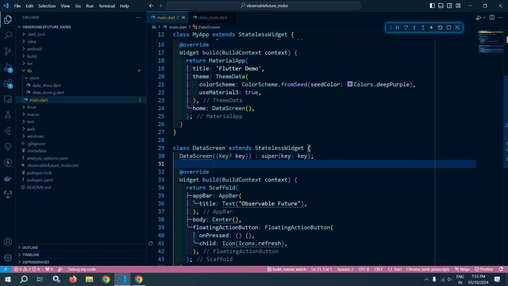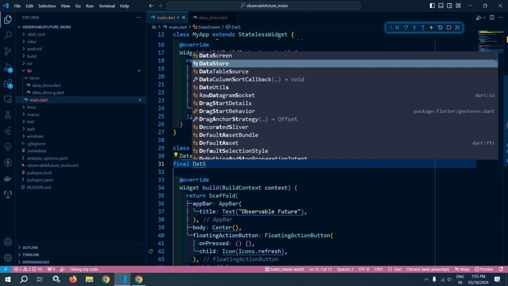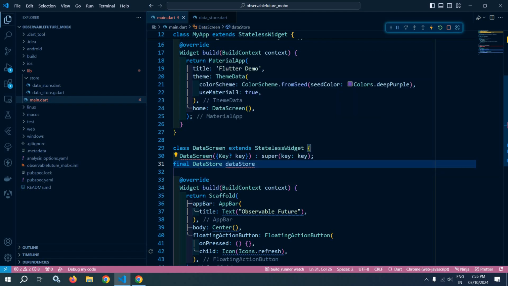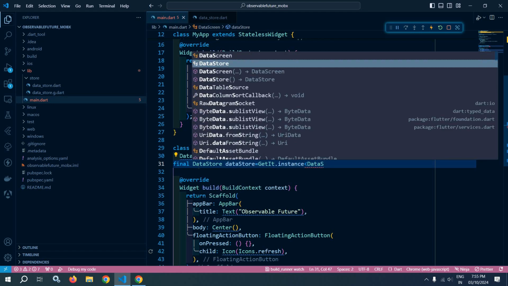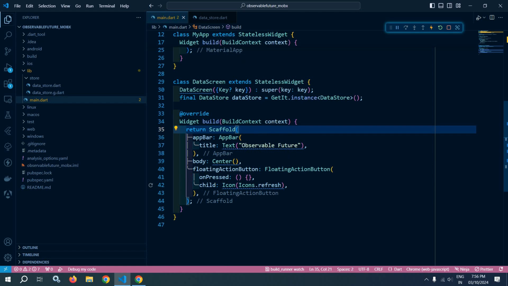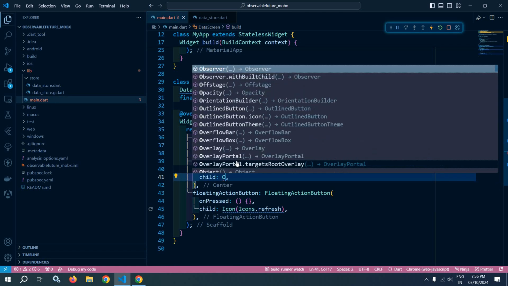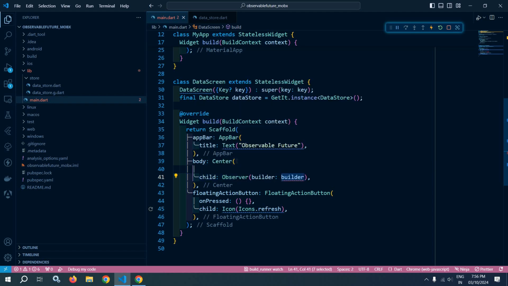Now inside this data script class, I will declare a variable final DataStore. Let me give the name as dataStore equals to getit dot instance, and here I will specify the type as DataStore. Okay. Now inside this body center, as a child, I will use Observer widget, and in the builder,